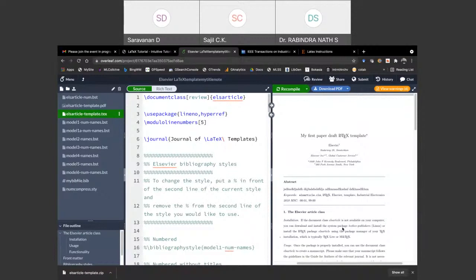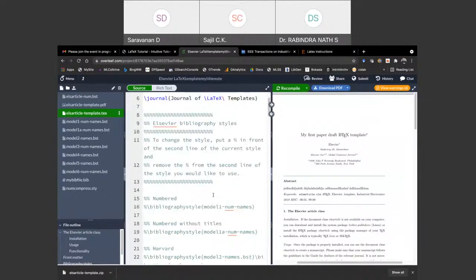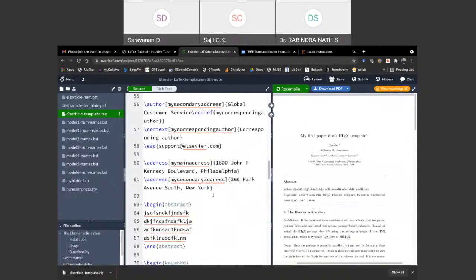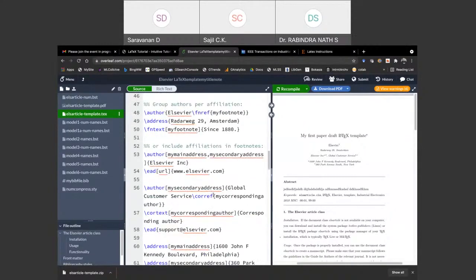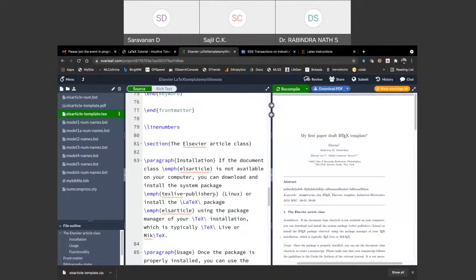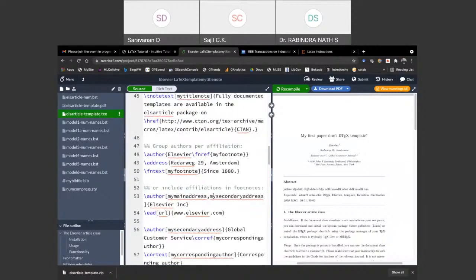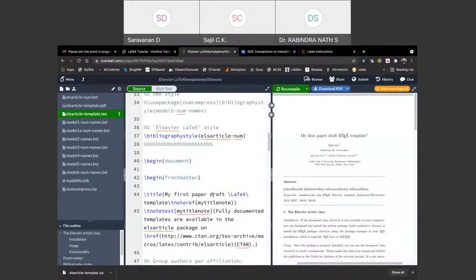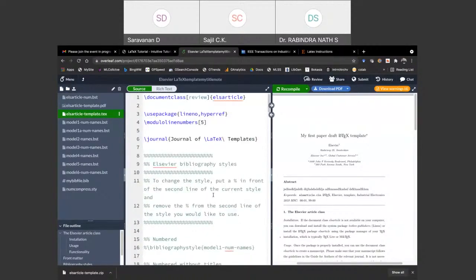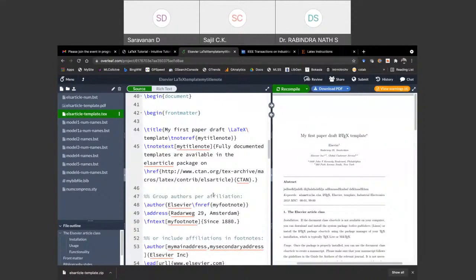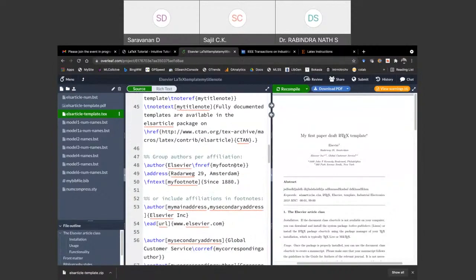They might have some additional commands also, like I showed you, instead of separating the keywords with a comma, they have used a command called \sep to separate them. So there might be some additional commands or usage defined by the publisher who created the template.